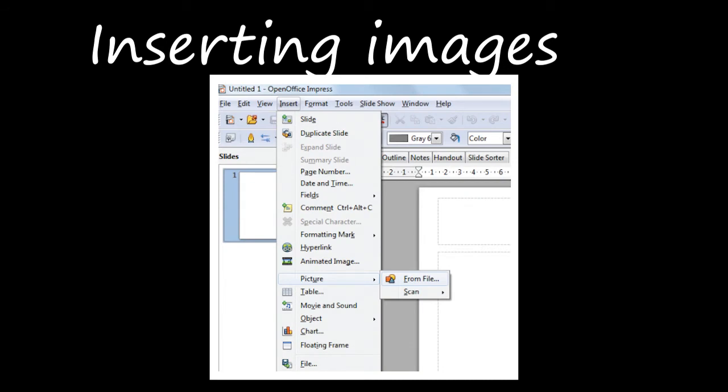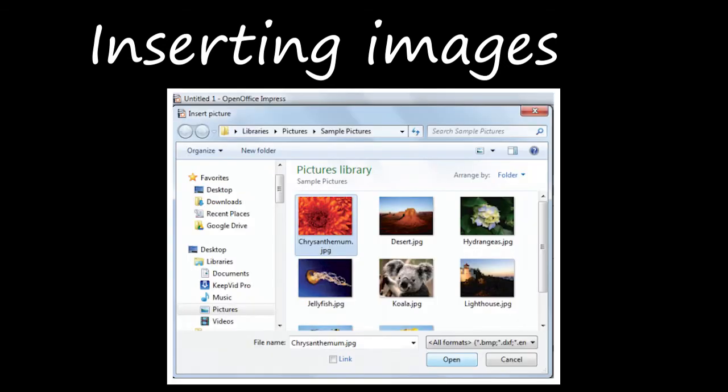And the next one is inserting an image, right? Inserting an image using the Insert menu, we are going to see here. To insert an image in this OpenOffice Impress, we have to place the cursor in the place where we need that image to be inserted first, right? And then you have to click Insert in the menu bar and select Picture, and in that, From File option will be there. This dialog box will be there. From here you can just select the particular image file and open it, right?